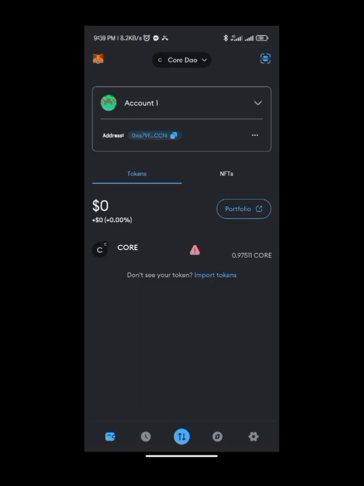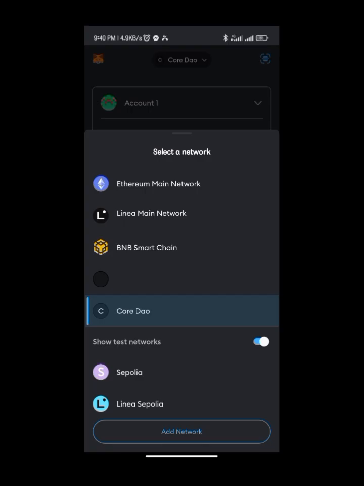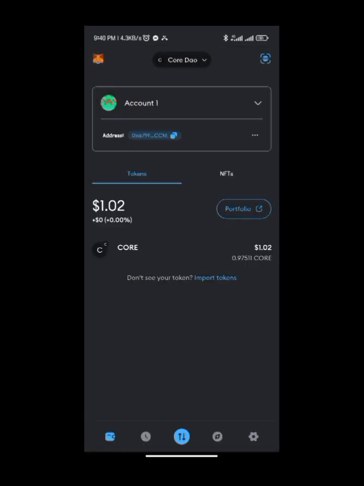So for those who want to use MetaMask, here is my MetaMask interface, and the most important thing is that you must be on Core network, and then you must have performed the H1 testnet as well, which you can check the video in the comment section below to see how you can do that. It's a must. And if you don't have this Core DAO network on your own MetaMask, maybe you are performing this kind of task for the first time,